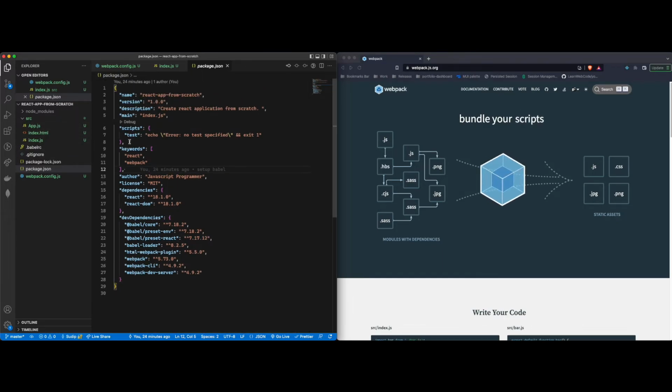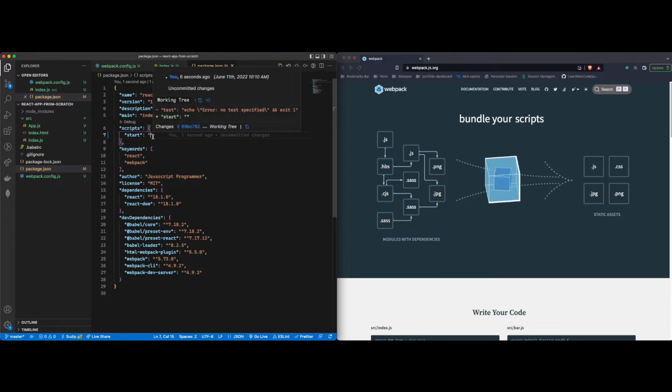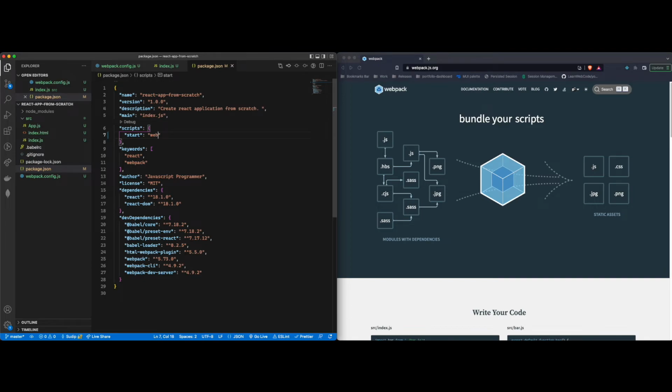So now we want to add a script to run the build. Let's start with the start script, since with React, whenever you run npm run start, it runs your server. Okay, inside this, what you want to have is, because we imported this webpack dev server, right? We want to make use of this now. We will say webpack